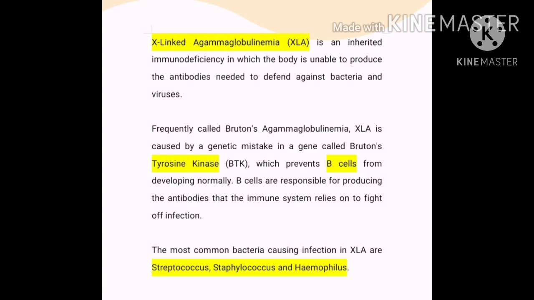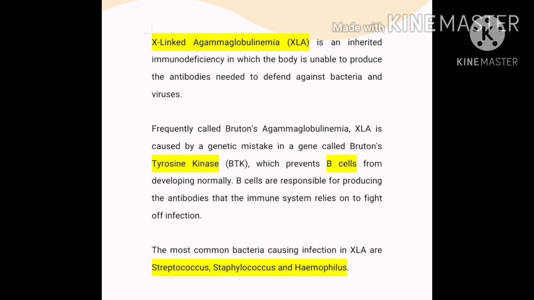Instead of a dominant gene, they possess a recessive gene, and that recessive gene is unable to produce the enzyme tyrosine kinase. Hence, in those patients, the immature B lymphocyte never matured and leads to a condition called X-linked agammaglobulinemia. Okay, and these patients are